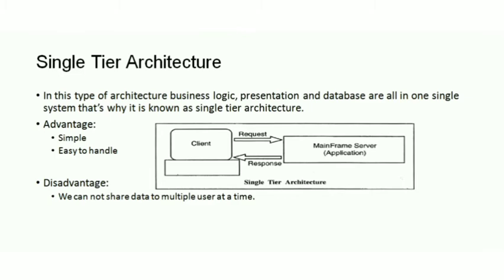So when you define any system or any application, there are three things. First one is the presentation part, second one is the business logic part, and the third thing is the database part. What is the presentation part? The presentation part is the thing that the client interacts with, or we can say the graphical user interface. When you operate any application, the screen where you interact with that system is defined as the presentation part.